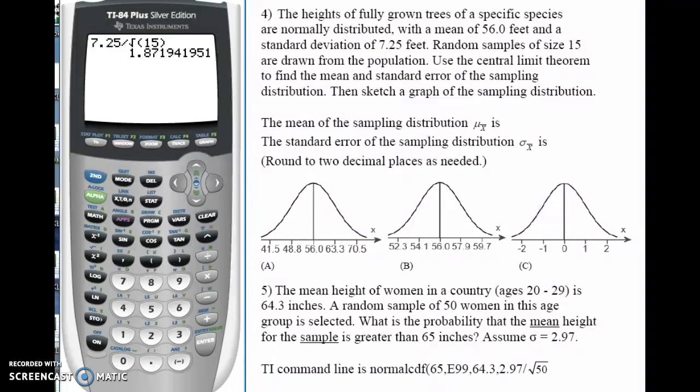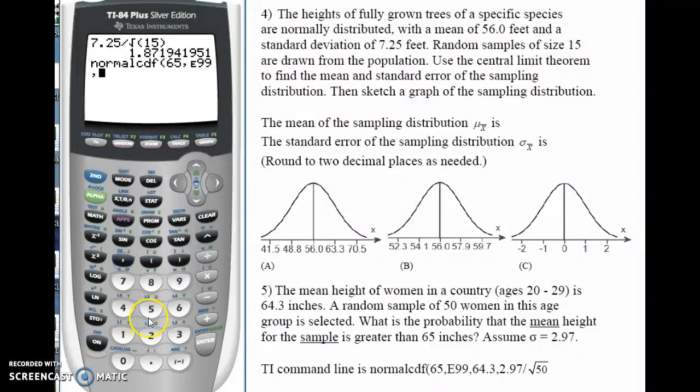So the TI command line, and I wrote it down this time just to make sure that you had it, is normal CDF. And remember that second bars, number 2. And we're going to start at 65, comma, and we're going to go up to second comma EE,